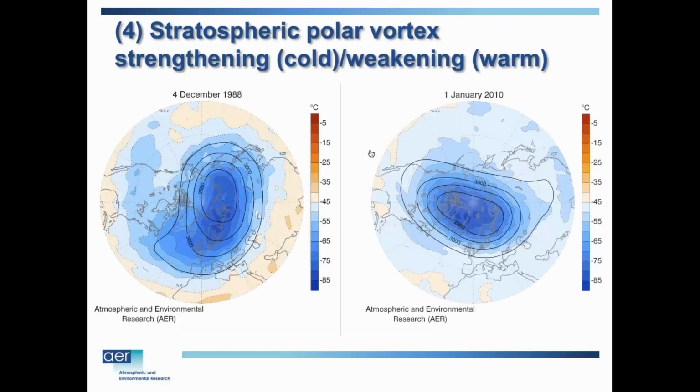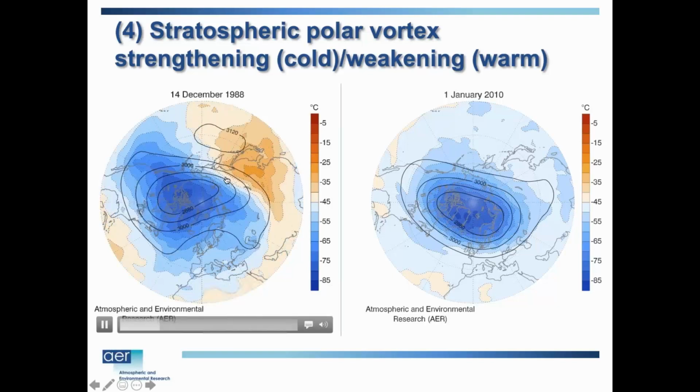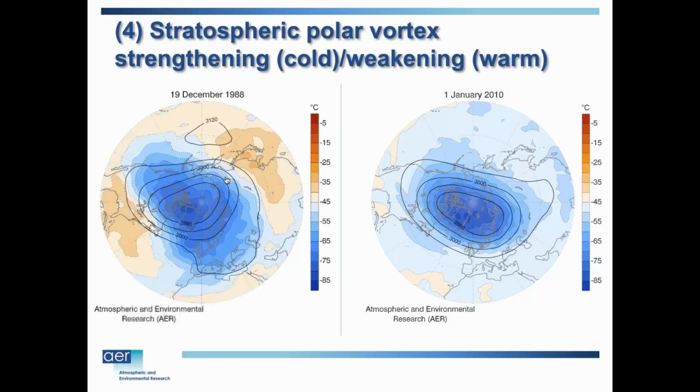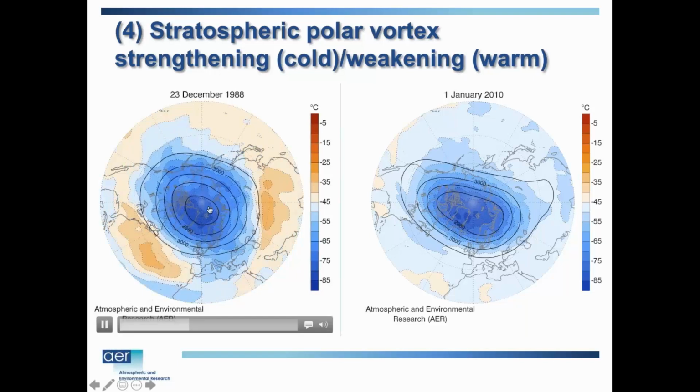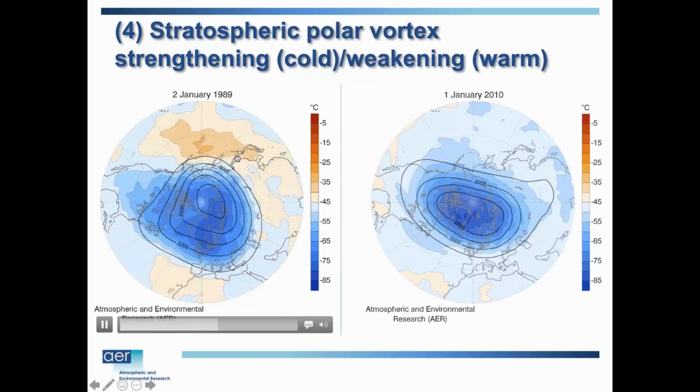Now moving on to the next step, this is again the polar stratosphere. There's an animation of the polar vortex. And you can see it starts out, the blues are cold temperature, here's the polar vortex, and right over the pole it starts out nice and strong. Actually, this winter it's going to stay strong.